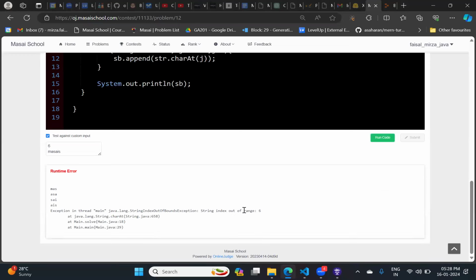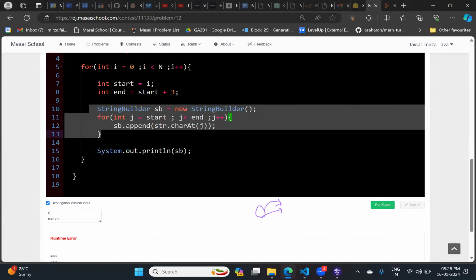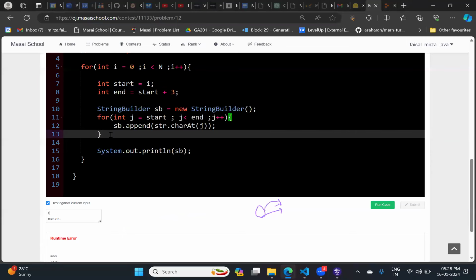Now, actually, see, this exception is coming because we are trying to access an index which is out of the range. Means at least 6 or more than 6, at that index also we are accessing a character. So this is because of the inner for loop first of all. Can I say that this is because of the inner for loop first of all? Are you getting me? This error is coming because of the inner for loop. Yes, sir.